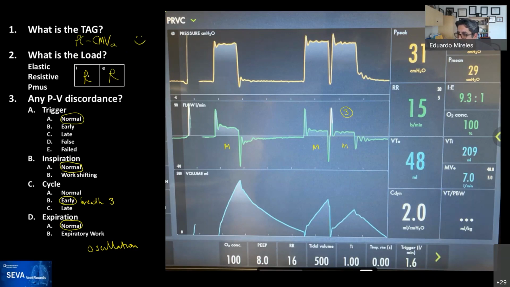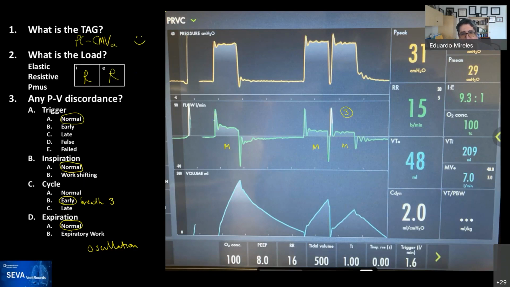So what's the load? So I will just highlight, Samir, I heard you say something that when you saw the pressure waveform, it made you think about resistive load. When you're controlling the pressure, you always look at the flow. The flow is what has the information for the resistive load. And